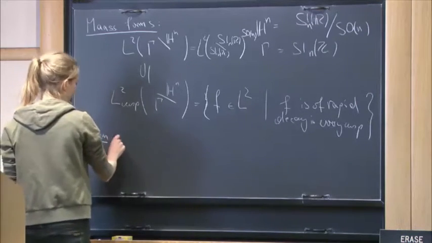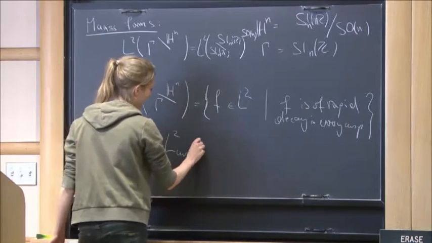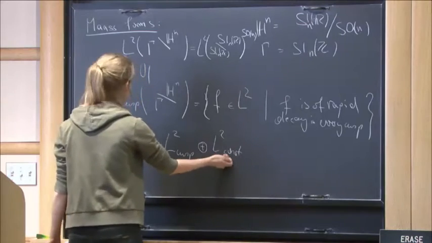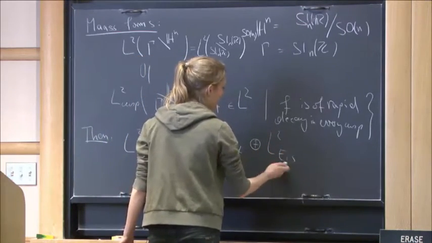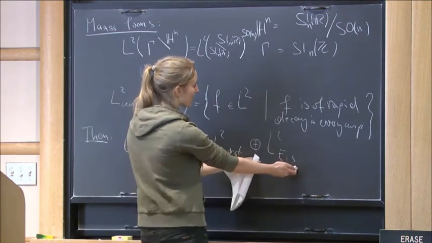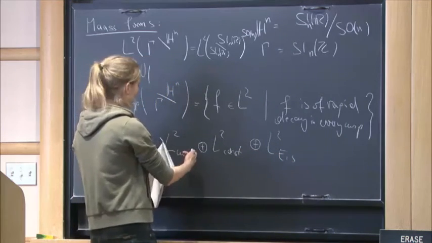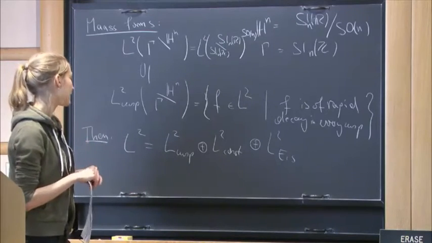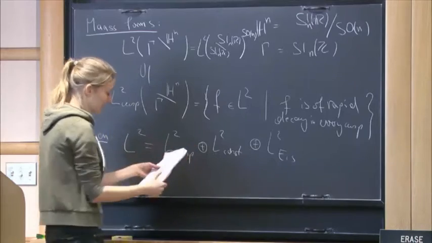But also, it's quite important because the L2 space has a direct decomposition as the cuspal part plus the constant. So this is just a constant function plus something which is related to the theory of Eisenstein series. And this is of course well understood, but this is also well understood if you know how the cuspal functions for groups of lower rank behave. So what's really important is to understand this cuspal part.